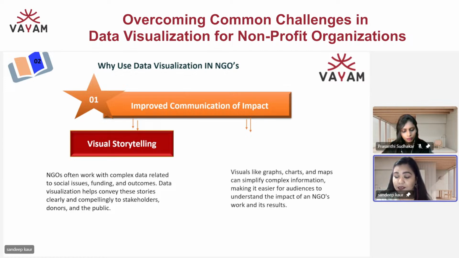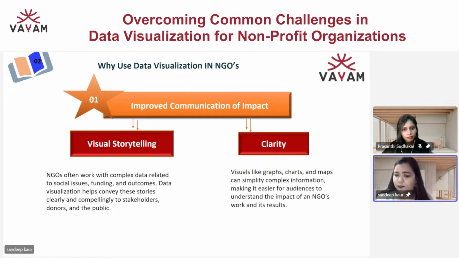Like we have often seen ads: just by contributing 20 rupees, you can bring a great impact on somebody's educational journey. I have seen an ad of Dabur Amla. Recently, I have seen a few ads of Colgate, for any organization XYZ working on uplifting educational standards or any social issue. So storytelling via visuals is more impactful, connects you with an emotional bond with your stakeholders and donors, and it becomes easier to get their contribution.